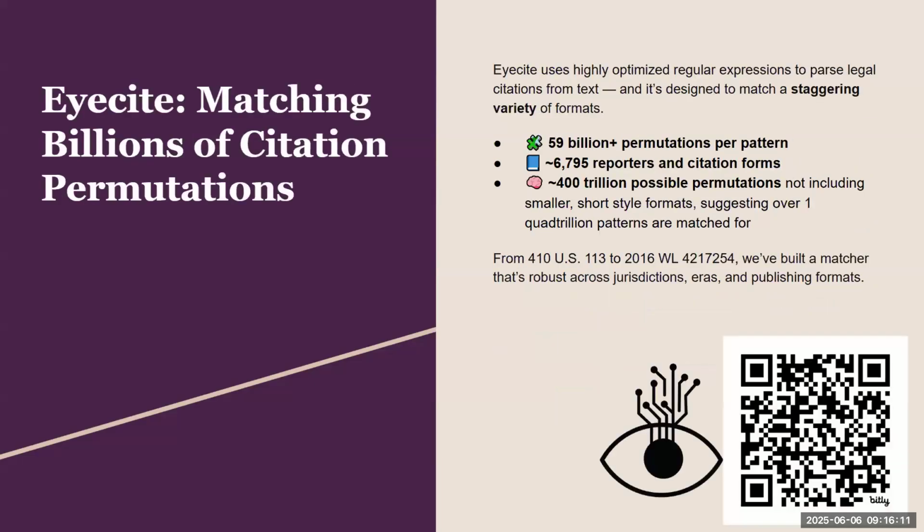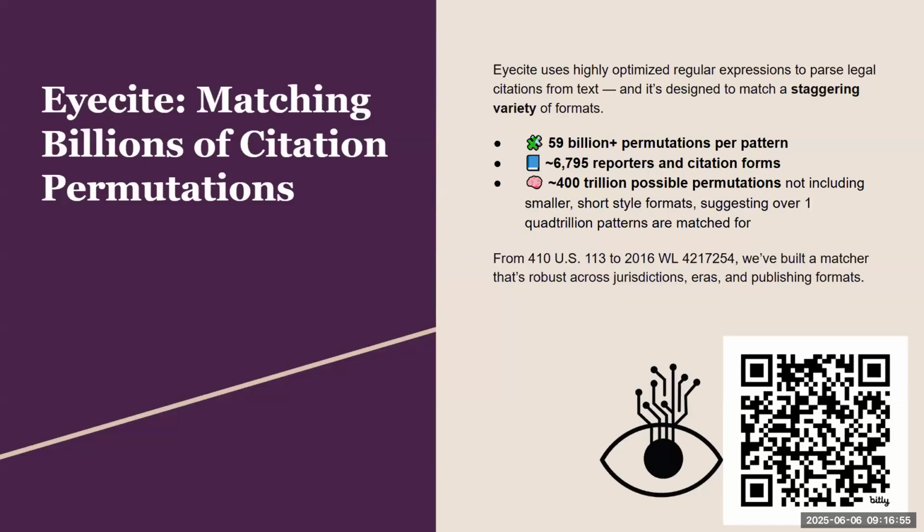If you look at the math, I love looking at the math of it. The permutations for each pattern is astronomical. So we're talking trillions. Every time it runs through and looks and finds a reporter, it can do trillions of looks. Currently, this has enabled us to pull out data that is now used by our team to extract things out. We're reprocessing 10 million of our opinions with these tools, and we pulled out hundreds of millions of objects in the data that we've stored.